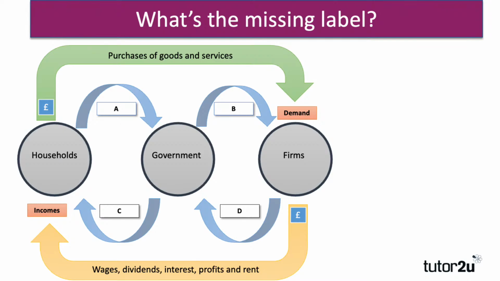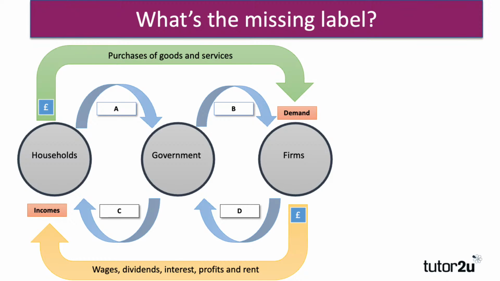Okay, so we're going to take a look at some diagrams, and you might recognize this first diagram as a circular flow of income. However, depending on where you've learned this, you might have learned one that looks slightly different. And actually, there are lots and lots of ways that we can draw the circular flow of income diagram. What really matters is what's moving from where to where. So what I really recommend, if seeing this is putting you off a little bit, maybe it's not as you recognize, I recommend going onto Google Images and having a look at all the different ways this diagram is drawn and getting your head around each of them.